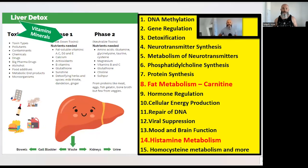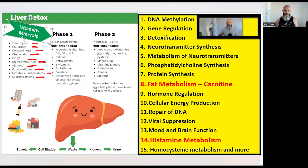Now, one of the most important things you've got to have for methylation is a healthy liver. The liver does a lot of amazing things, but it gets rid of toxins and pollutants, contaminants, chemicals, drugs, big pharma drugs, alcohol, food additives, because the body's got to get rid of those. They're no good for us. Metabolic end products and microorganisms. So it's doing a lot of heavy lifting, and it needs phase 1 and phase